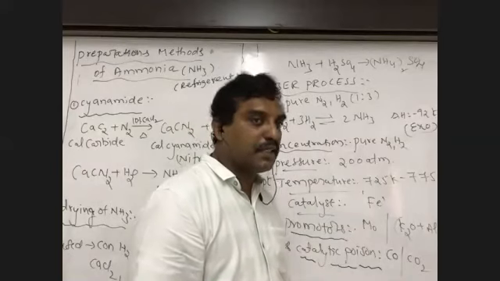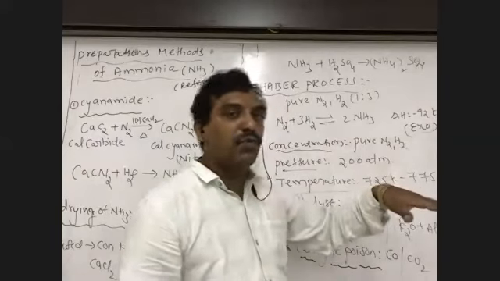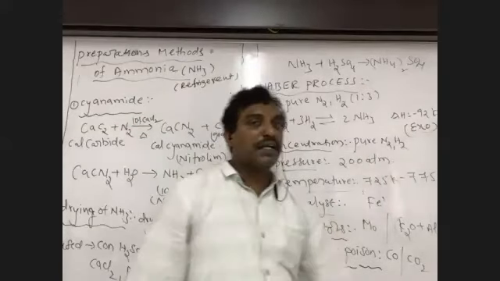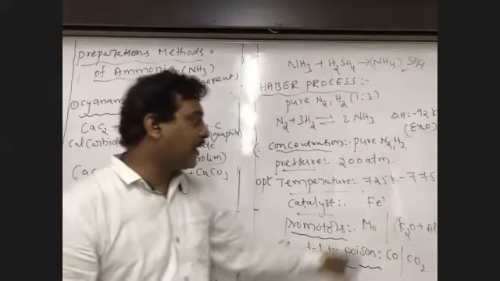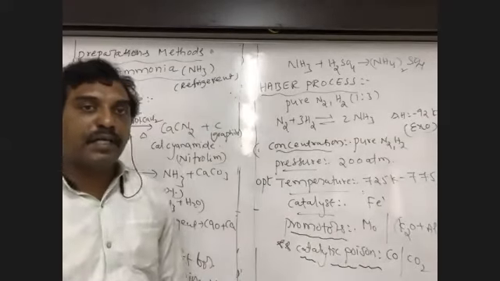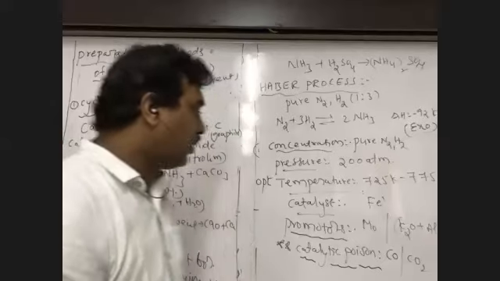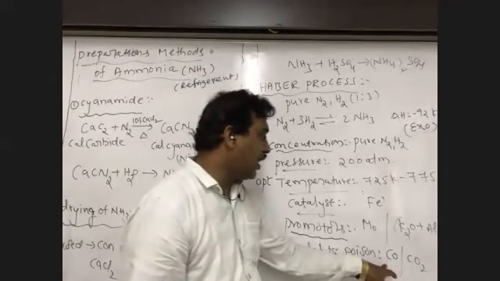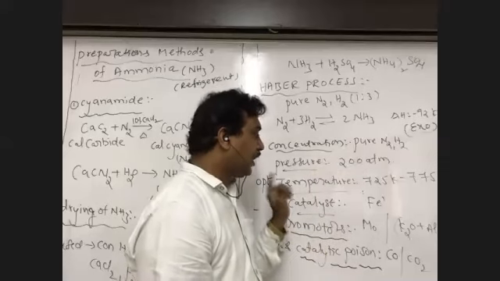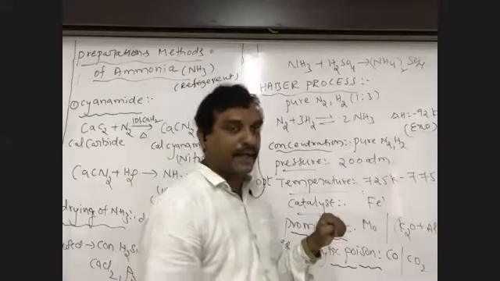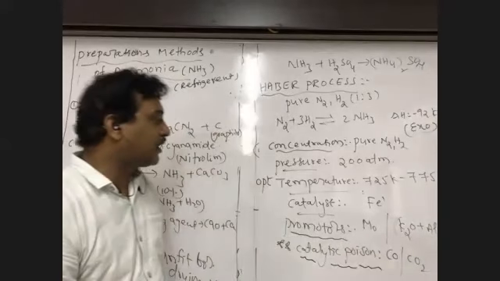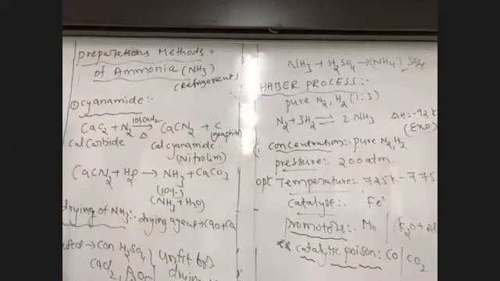In that case, what happens to the activity of the catalyst? It decreases, because the available surface area on the catalyst decreases. So the activity of the catalyst decreases, and the rate of reaction is slowed down. So when carbon monoxide or carbon dioxide is present in the mixture, the rate of reaction decreases. That means it loses the activity of the catalyst. Therefore, the mixture of carbon monoxide or carbon dioxide acts as a catalytic poison for the Haber process.